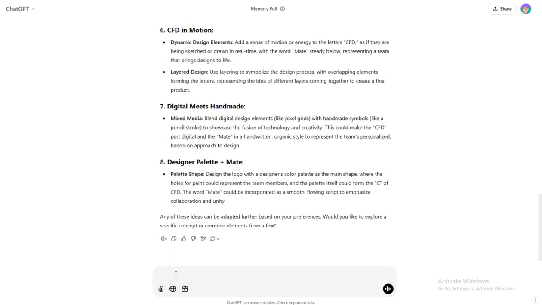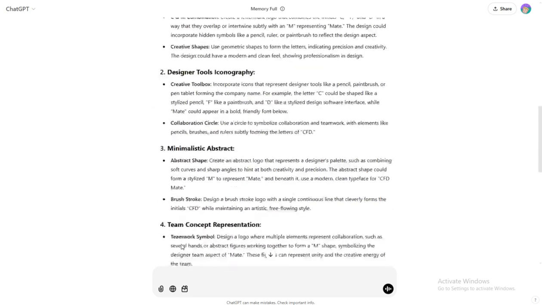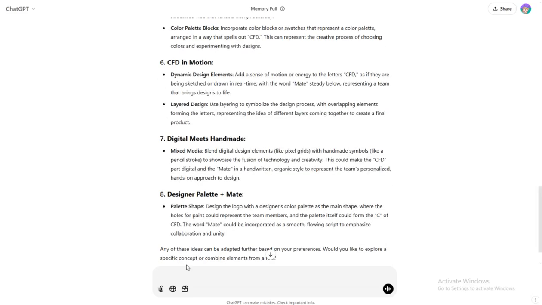And now let's see if they can design something. Design me a logo as image.